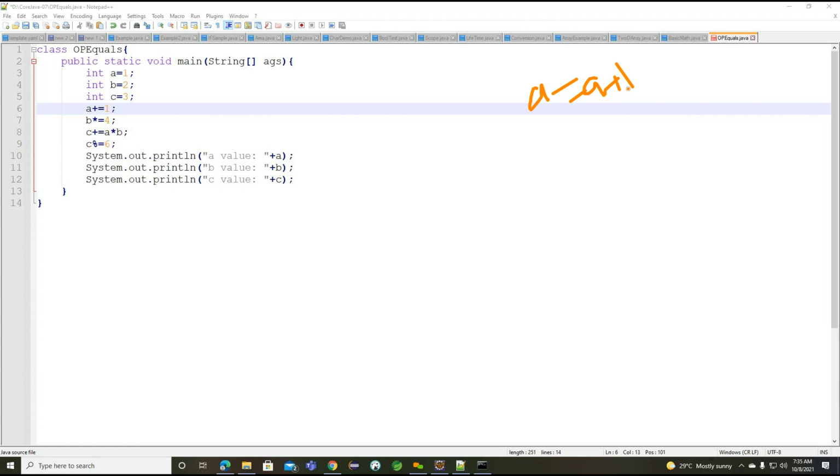So a value we are having 1, 1 plus 1, 2. And next time also a value will become 2, and 2 plus 1, 3. So now you can see, initially a value 1. So 1 plus 1, 2. A value will become 2. And 2 plus 1, 3. Getting the point. And 3 plus 1, 4. But what you are understanding here, whenever we are working on this particular expression, every time one value is increasing.